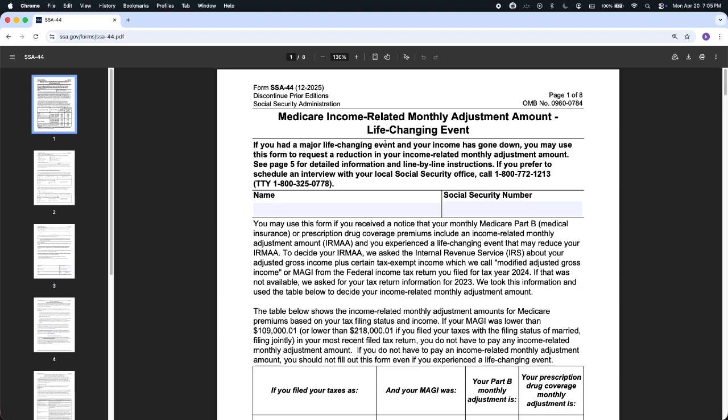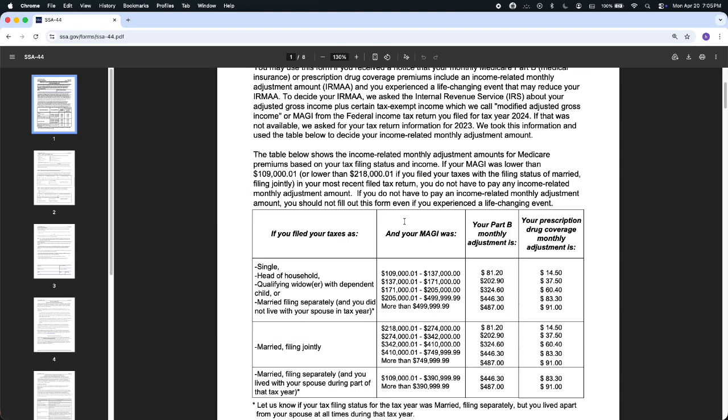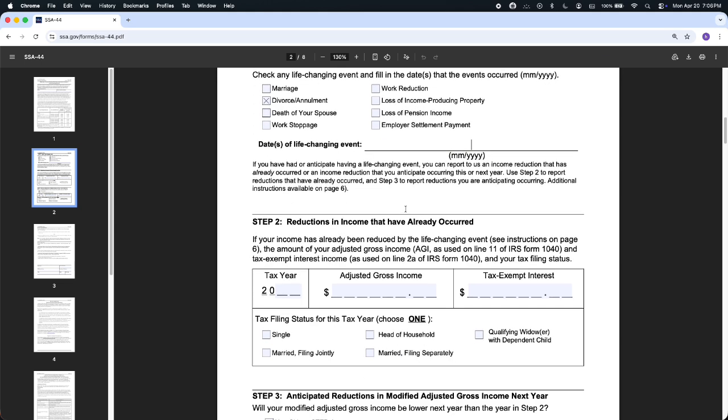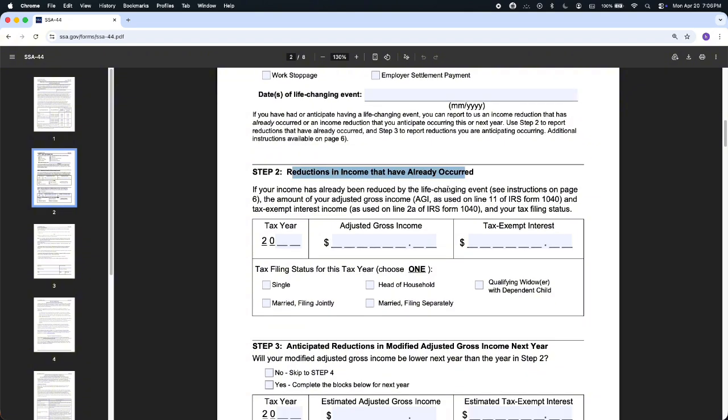So start by filling in your name and social security number at the top. In step 1, choose your life-changing event like marriage, divorce, or work reduction, then enter the date it happened. Next, in step 2, enter your income details for the year your income decreased, including your adjusted gross income and